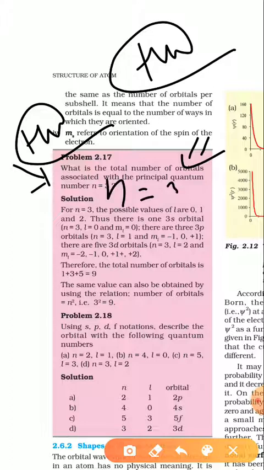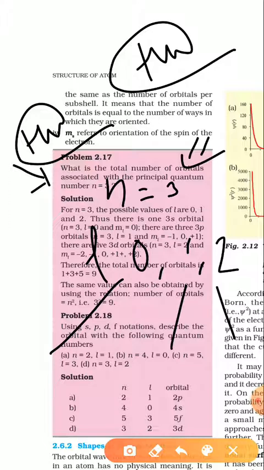If n equals 3, we know the values of l. What are the values of l? It will be 0, 1, 2. So for each you have to find its particular values of m, right? For 0, the value will be only 0. What about 1? The values will be minus 1, 0 and 1, and for 2 it will be minus 2, minus 1, 0, plus 1 and plus 2,